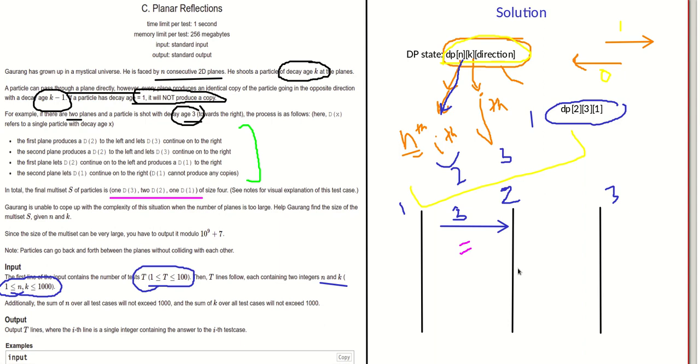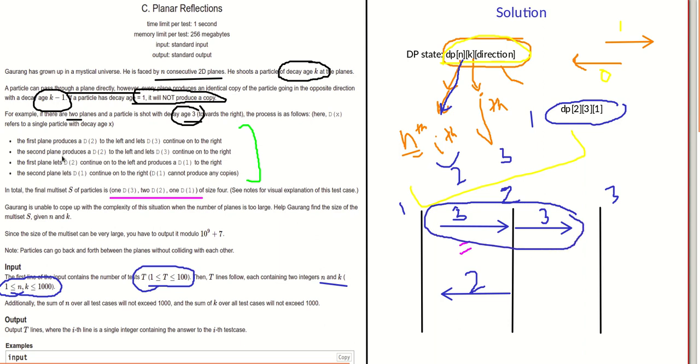So what happens is, as we already clearly understood with the problem, this particle will move to the right, there is no issue. But one more particle will be created which will be moving towards the left direction, and its decay age will be 2. And this is obviously 3 because this is the same particle, I am just showing the trajectory of this particle, and this will be my new particle, which is of decay age 2.